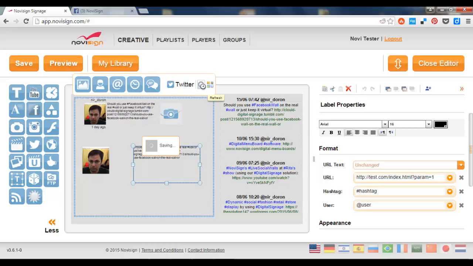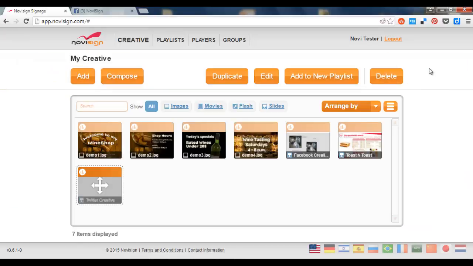Now if I like to refresh the content of what I see now, I just need to press this button, and that's it. Now if I like, I can press the preview, but let's go on and press close editor, and let's